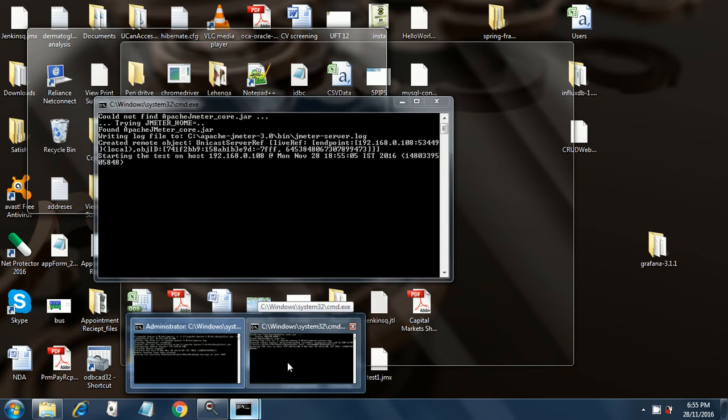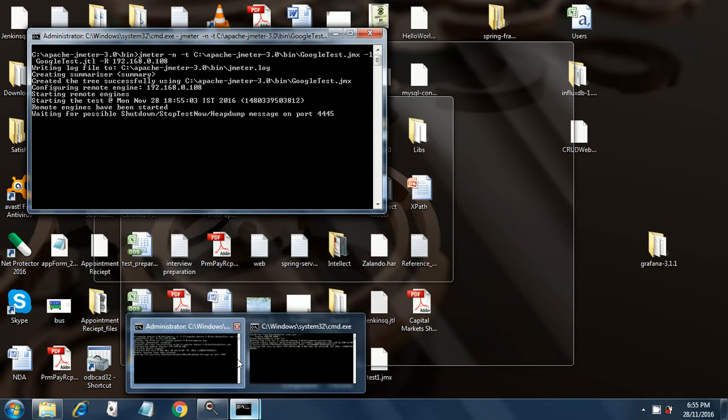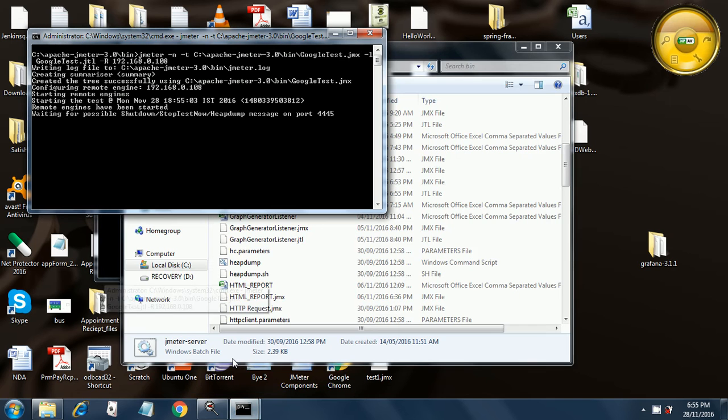Starting the test on host 192.168.0.108, it gives the timestamp and also other details. Here it is waiting for possible shutdown, stop test, the regular message that you get in any GUI mode execution. Let's wait for some time.